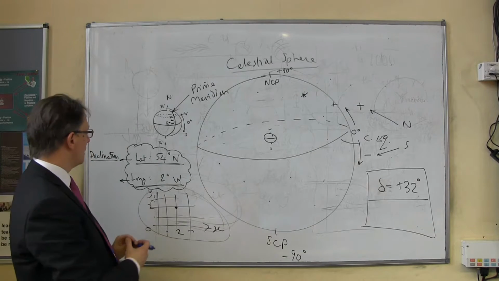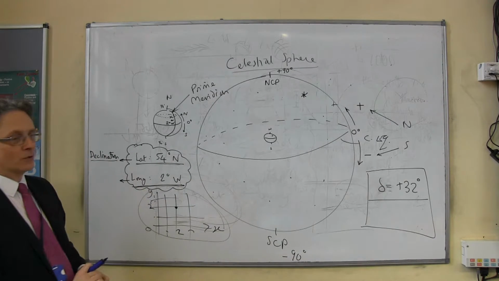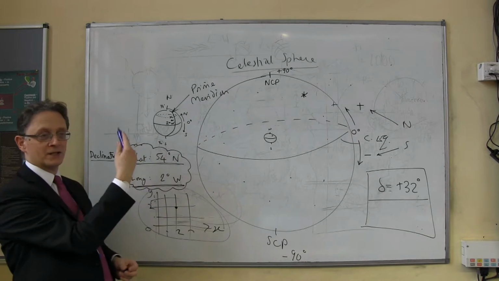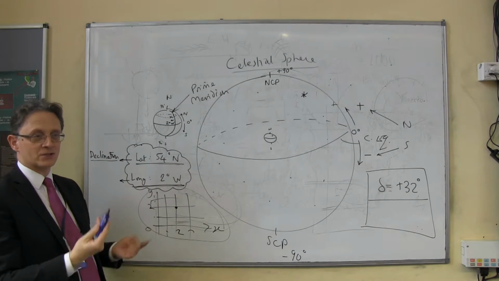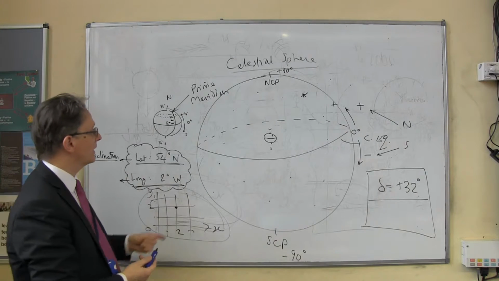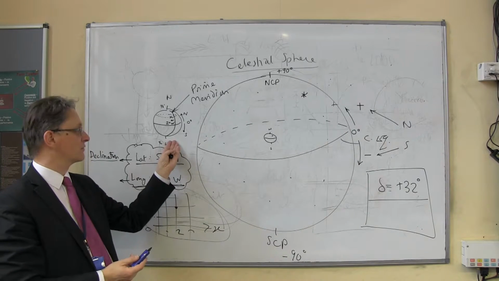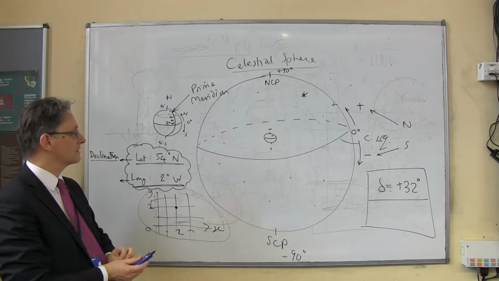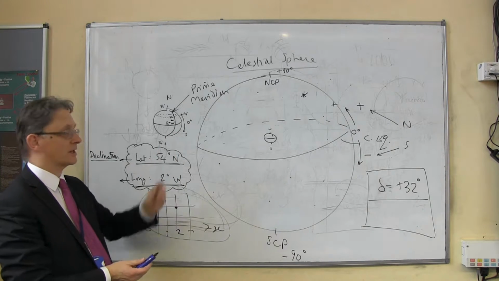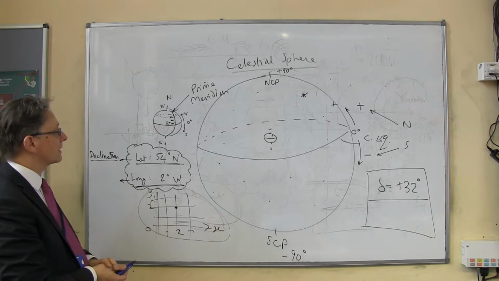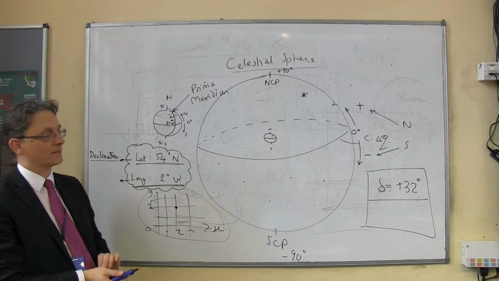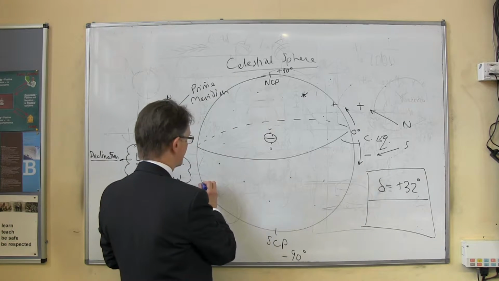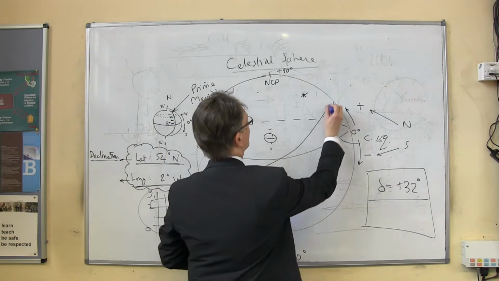Okay? Now, the celestial equivalent of longitude is a bit more tricky because, again, just like longitude on the Earth, there's no natural starting point. All right? Now, in the case of the Earth, lots of countries had a big fight over it using ships and cannons and things, and the UK won, so that's why it goes through Greenwich. Can't quite do the same thing in the sky. We have, however, got a natural starting point, and to do that we need to put in a line that you've met before,